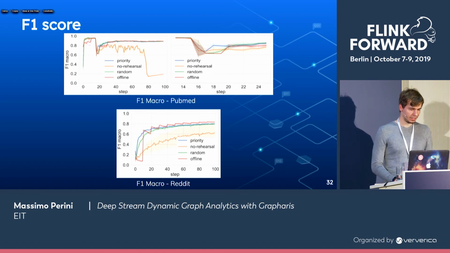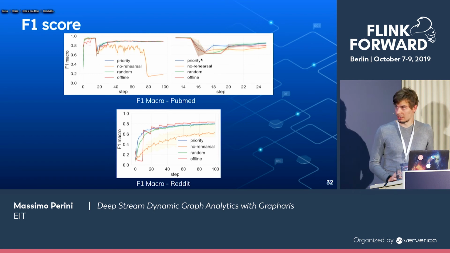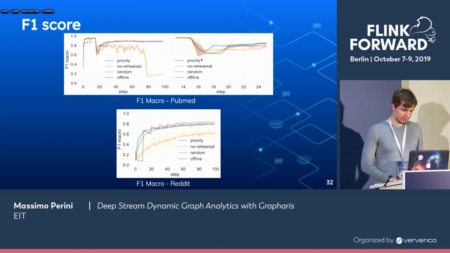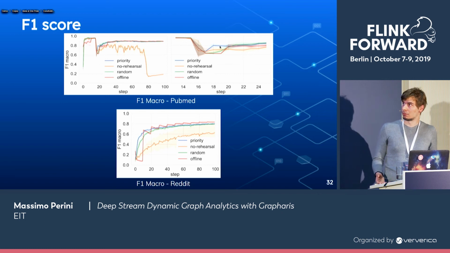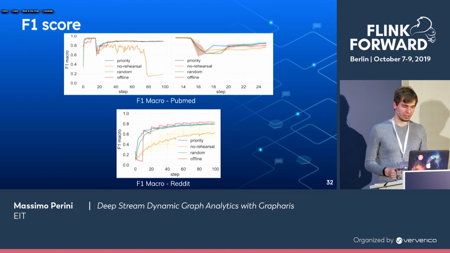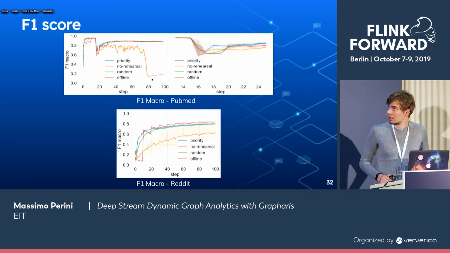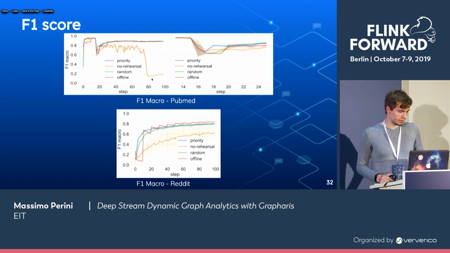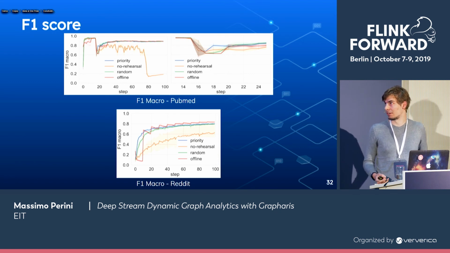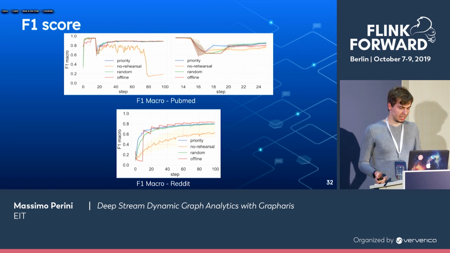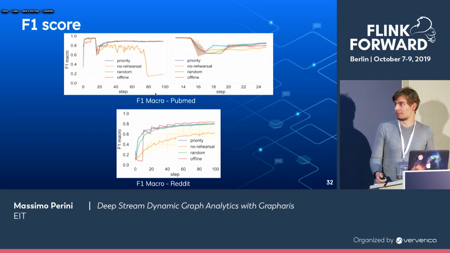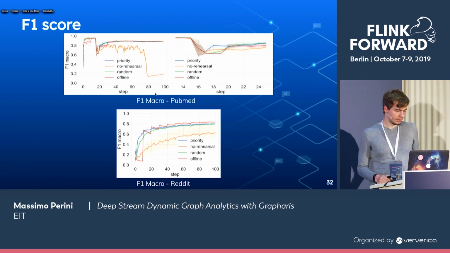And as can be seen, the main difference is here at step 16, when we are adding a new class in our input. Our method is better than the others, because it achieves better performance sooner, because it's giving higher priority to the new samples that are, in this case, harder, because our model is not able to predict the new class. We can also see that at step 80, we have a drop for the no rehearsal, because in the input stream we only have a single class, so our model is overfitting over the single class that we have in our input. So basically, it's forgetting how to classify the other two classes.